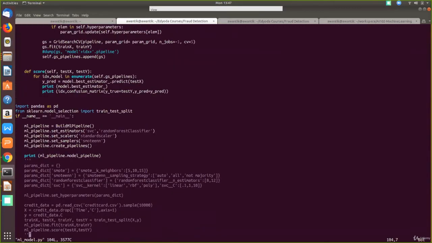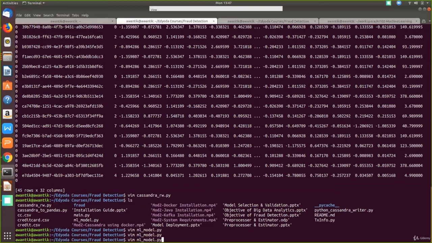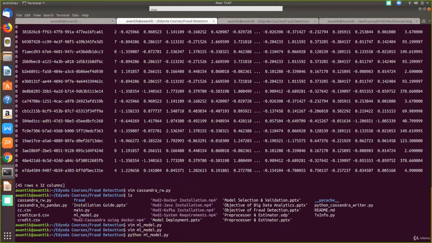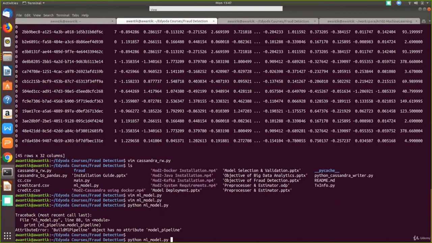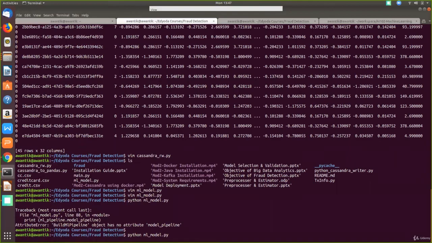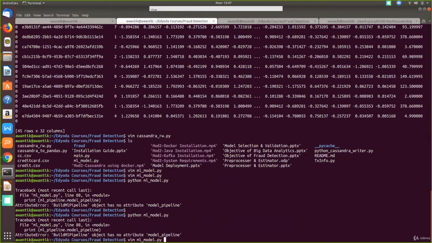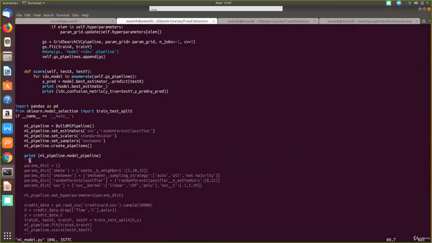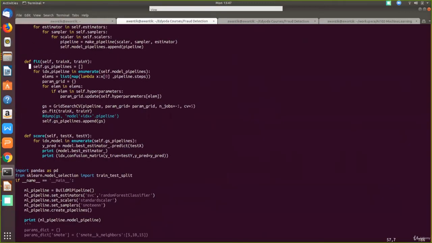I've commented the rest of the stuff. This should just show me this. Now, let's see. I think it's model_pipelines.